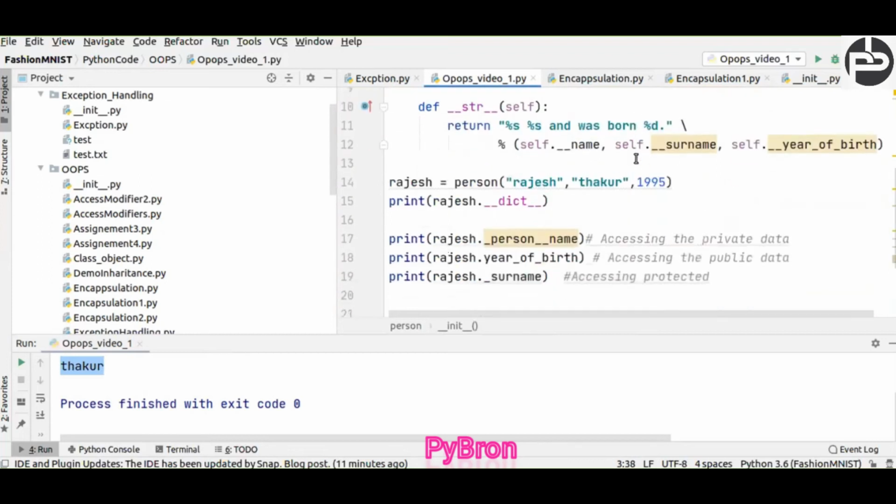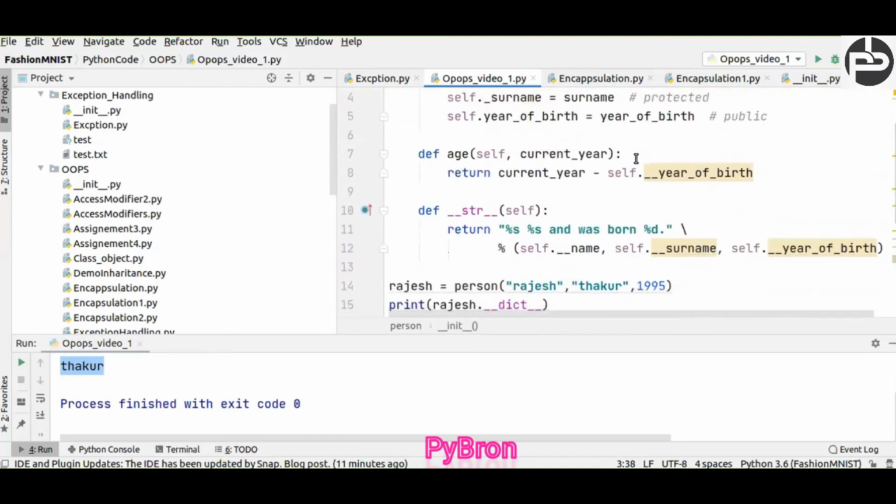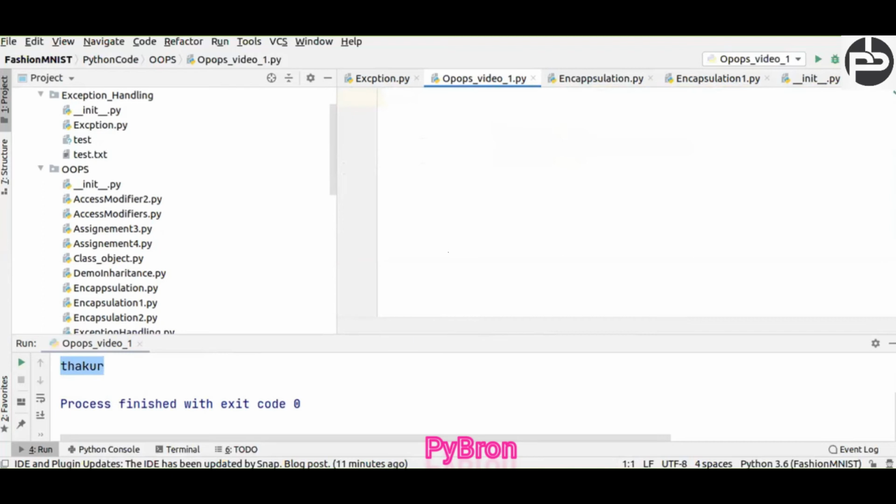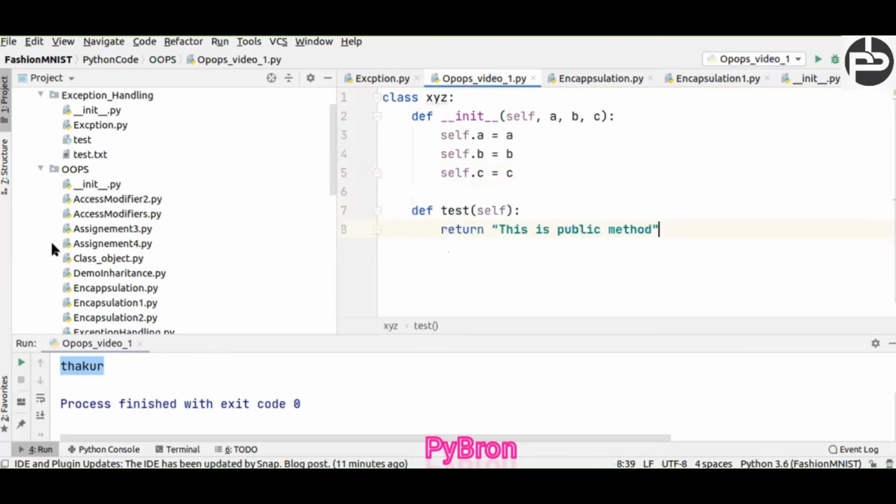Okay, similar way, no worry at all. So what I'm going to do is remove all those things, and now create one class, say xyz, just for understanding purpose. It's similar, no difference at all. So I am going to create one constructor with a, b, c, and initialize with the help of the init method, or constructor, you must say. And I'm going to define one method like test1. So it's a normal public method because here there is no underscore.